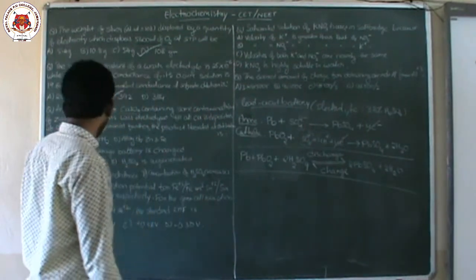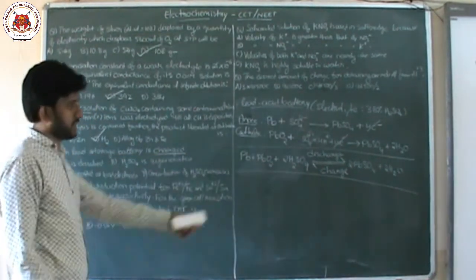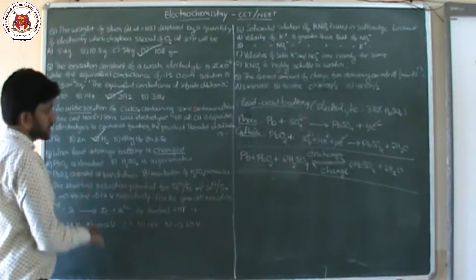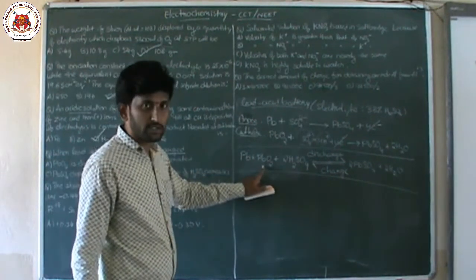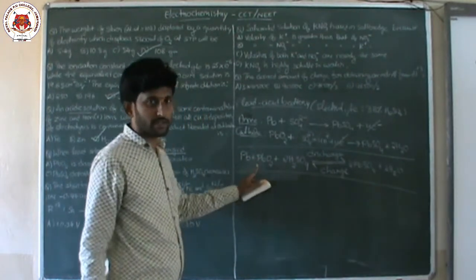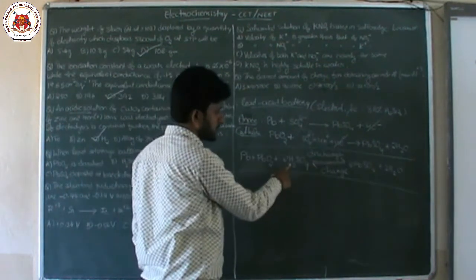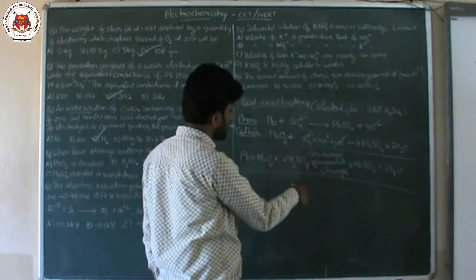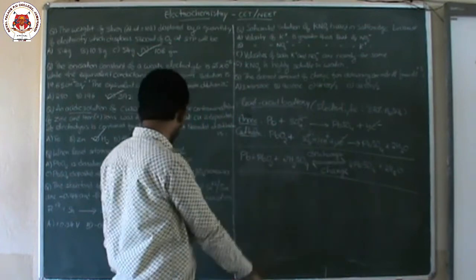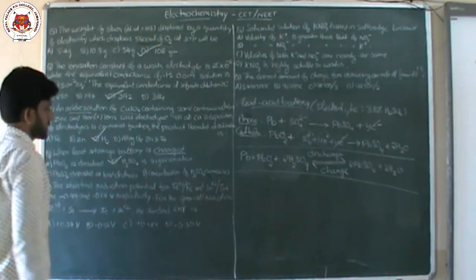Now, according to the given question, when lead storage battery is charged, means reverse reaction, charging, what will happen? PbO2 dissolved. Actually, in forward reaction it will dissolve, but in backward reaction it is deposited. Then H2SO4 is regenerated. Forward, it is consumed. In backward reaction, H2SO4 is regenerated. Right or not? Yes. That means option B is correct.